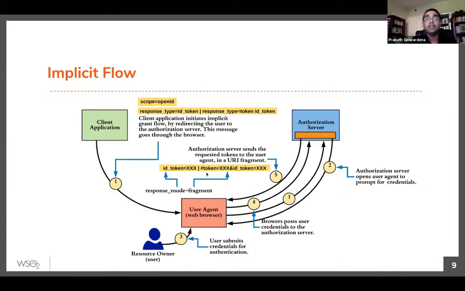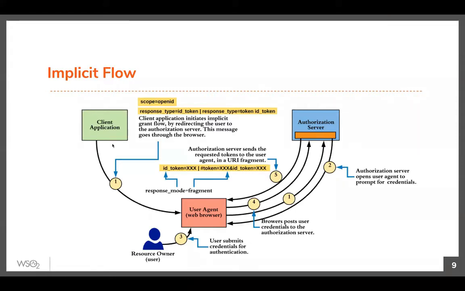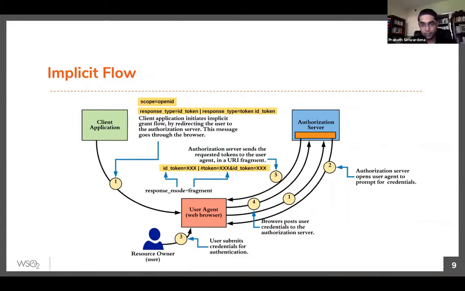Okay, the reason is, let's say now you have the access token, right? So I steal your access token. Now let's say I somehow get the access token. Then I don't know your nonce value. The nonce value is in the browser session, so I know the nonce value in my browser.